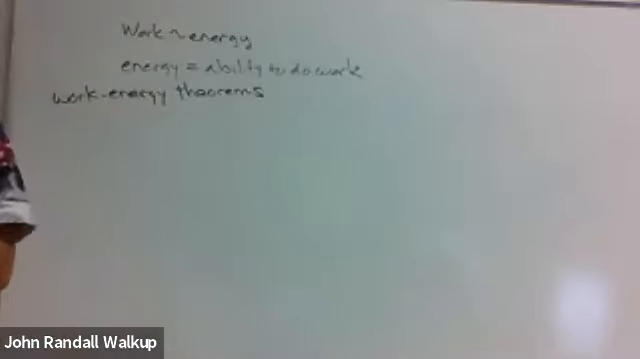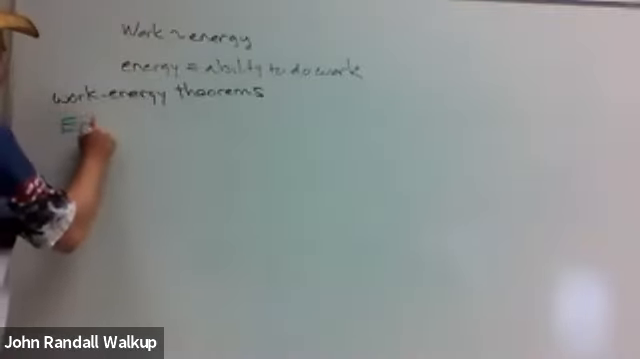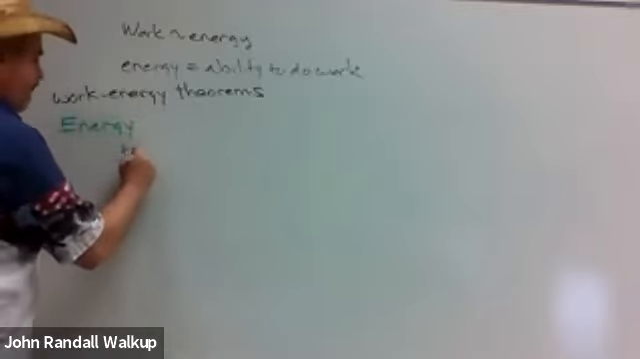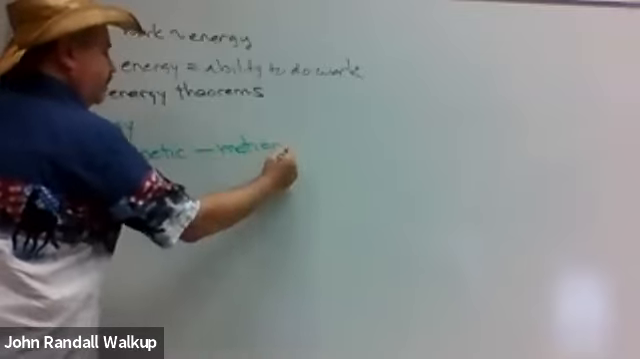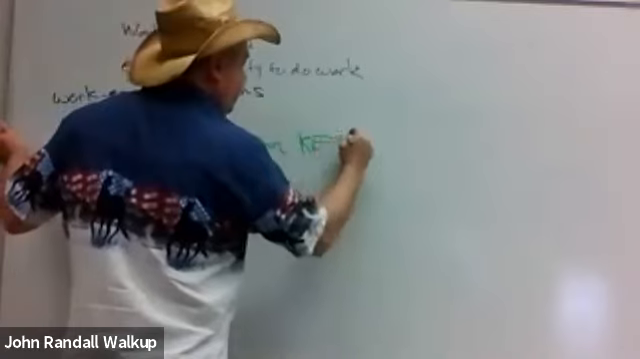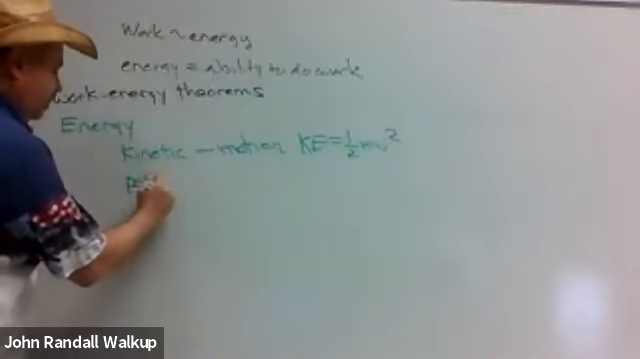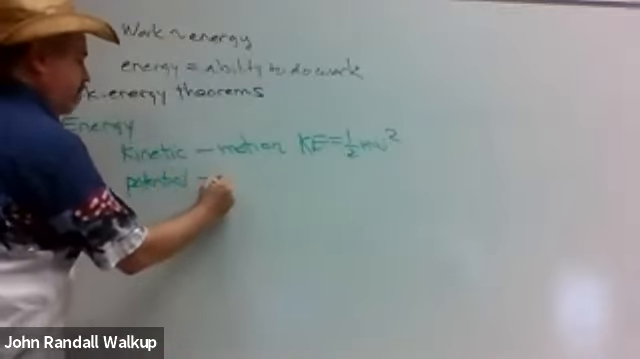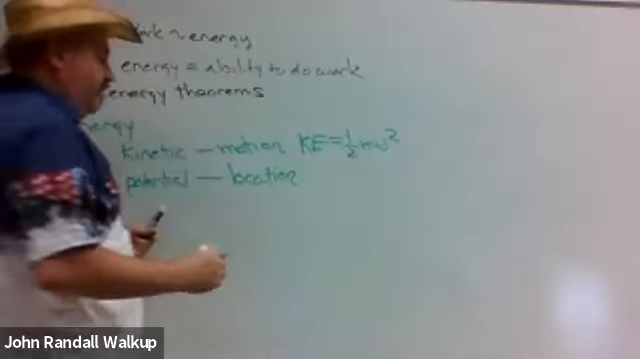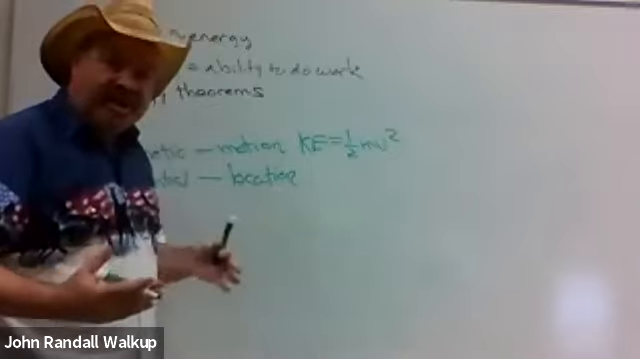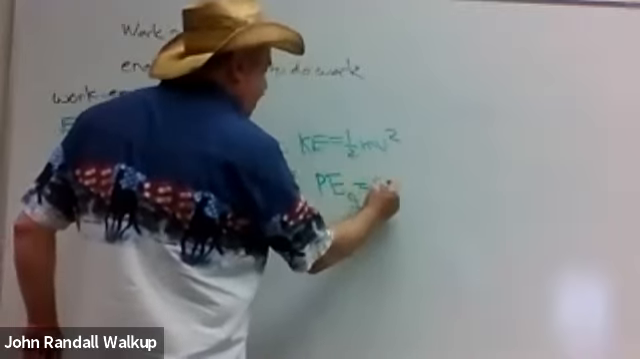All right, so first of all, let's go and review what energy we're talking about. We talked about two types. We have kinetic, which is due to motion, and kinetic energy was 1/2 mv squared. We have potential energy, which is due to location. If the location is due to a gravitational field, then the potential energy due to gravity is